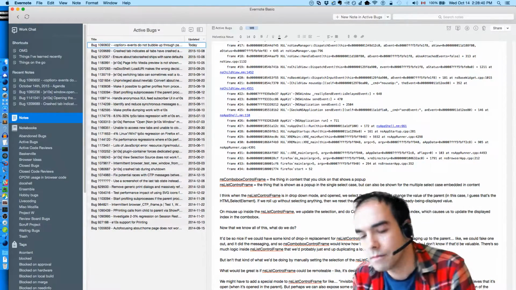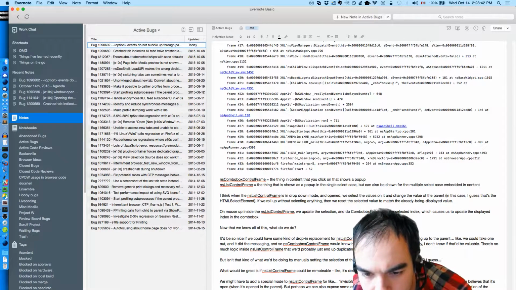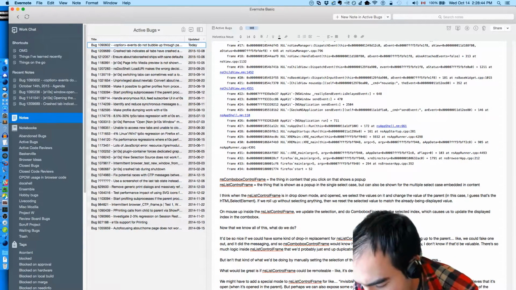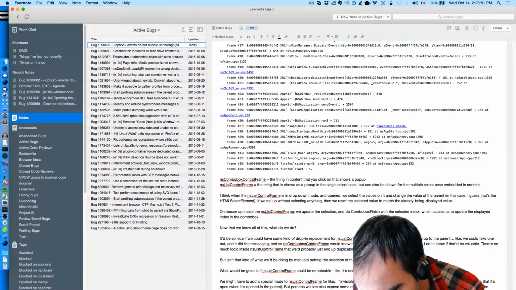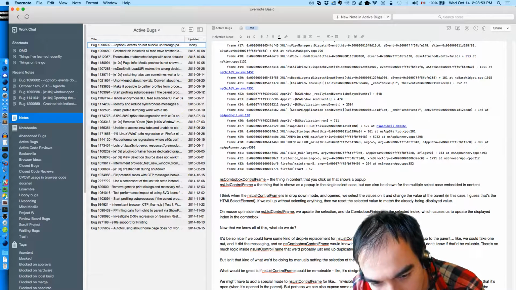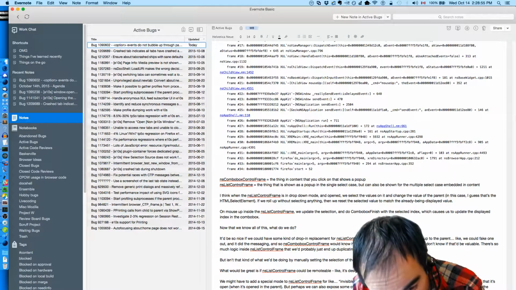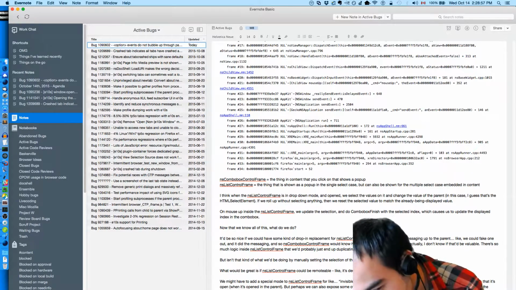I don't know. To put a finer point on it, can we give NS list control frame the following new functionality?